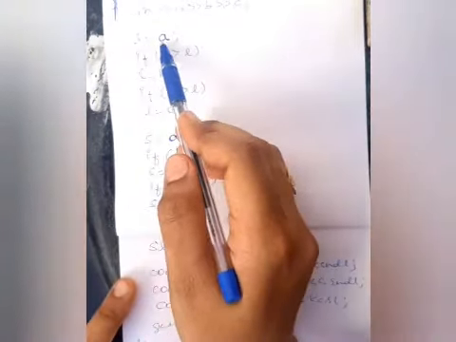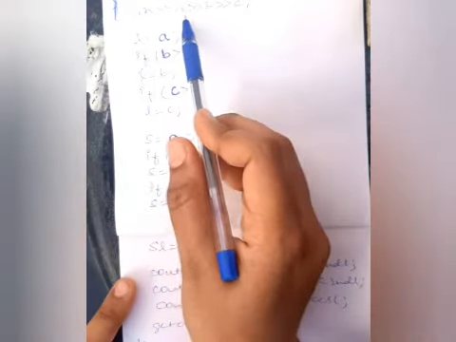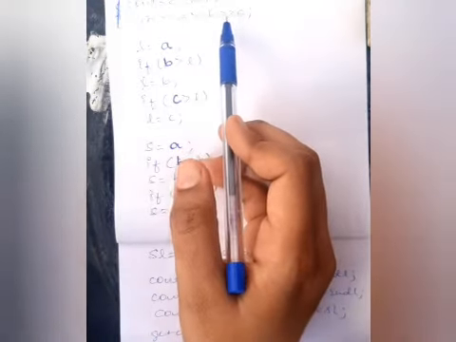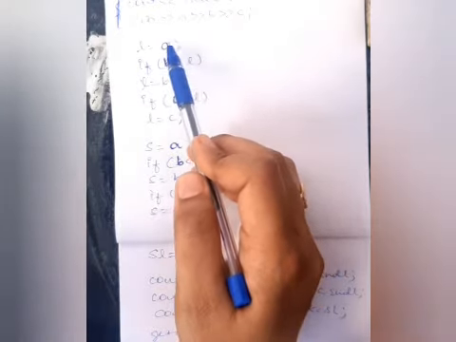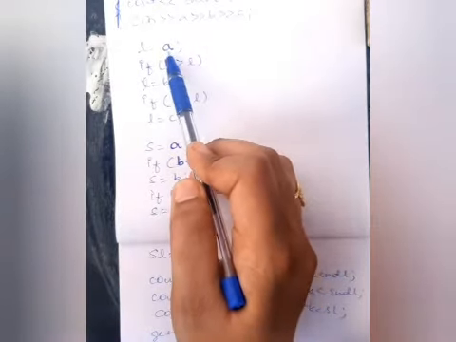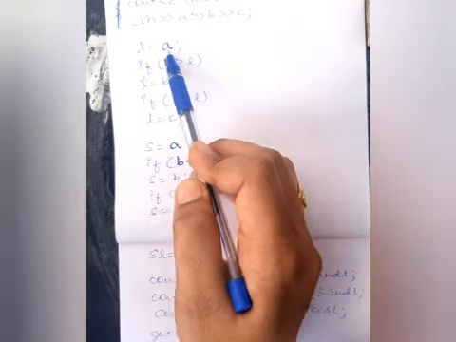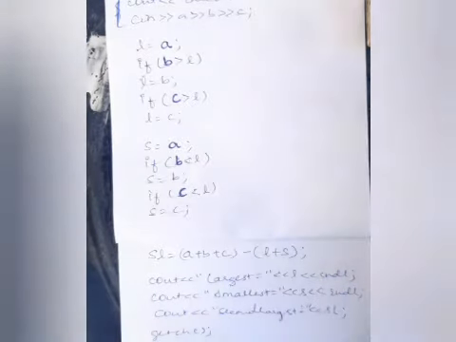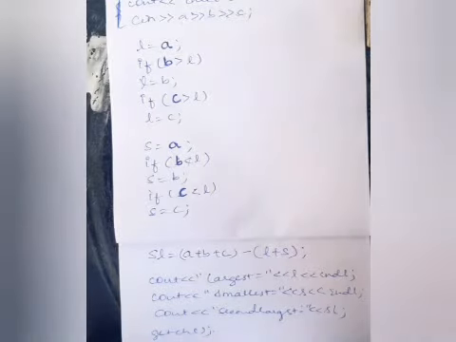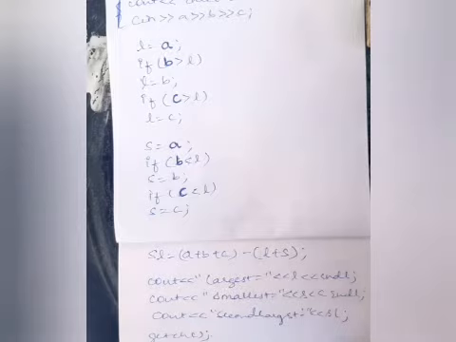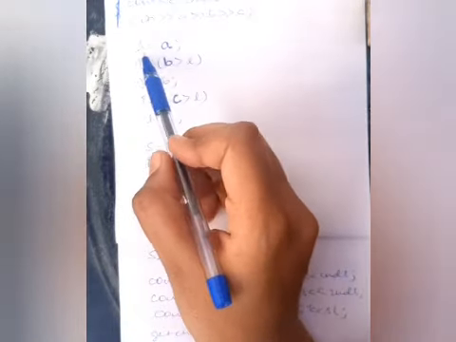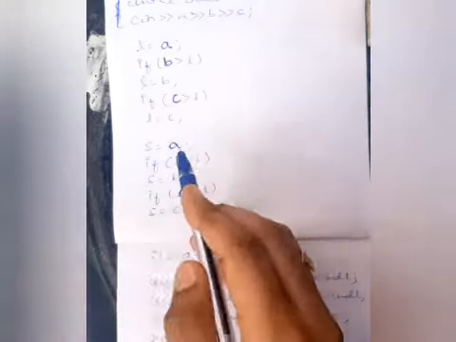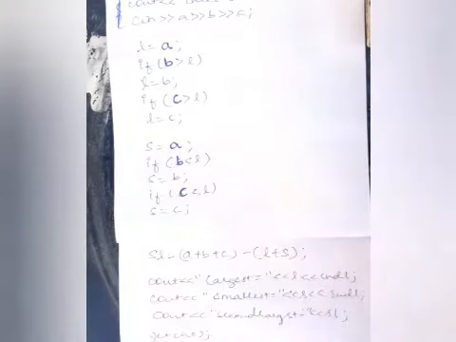See, before comparing all these three variables with the largest and the smallest, make sure you assign the first value. We are assigning the first value, that is the A value, to L. Why do we assign? Because we need to compare something with the values. So if we want to have something to compare, then definitely we need to assign some value to L. Likewise for the smallest also.